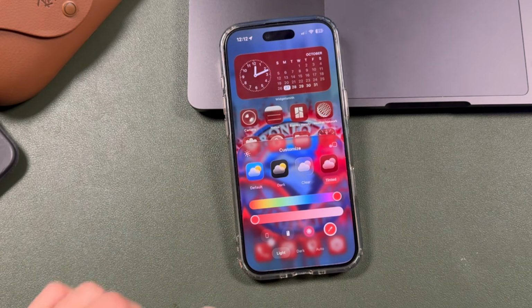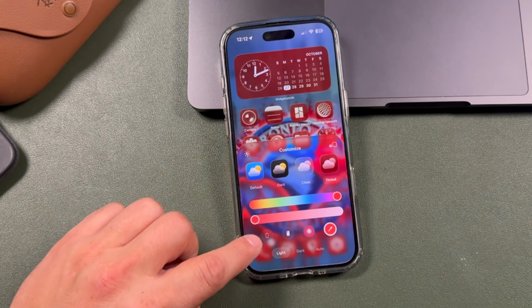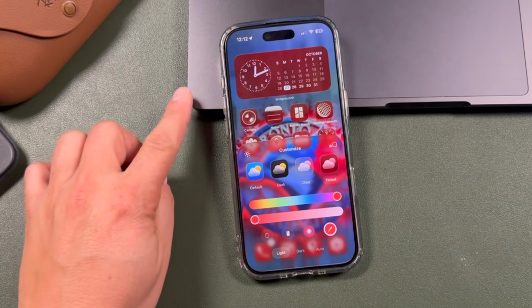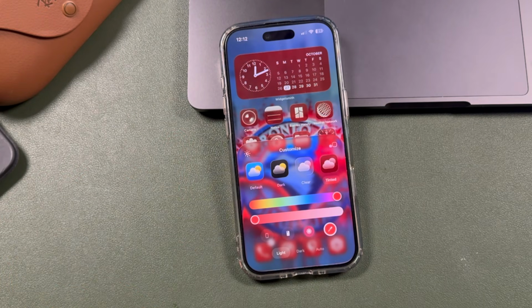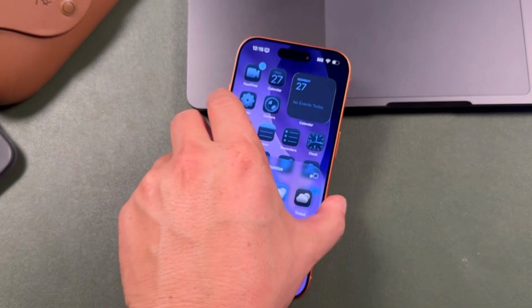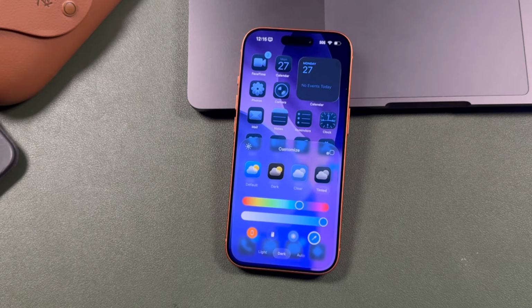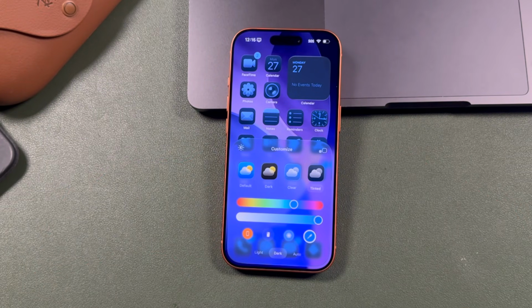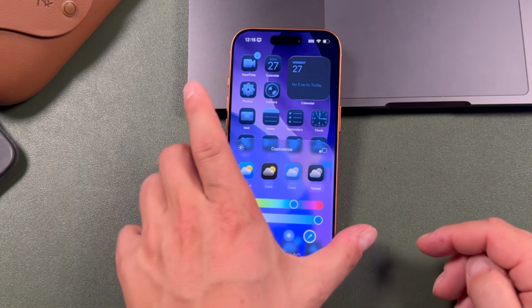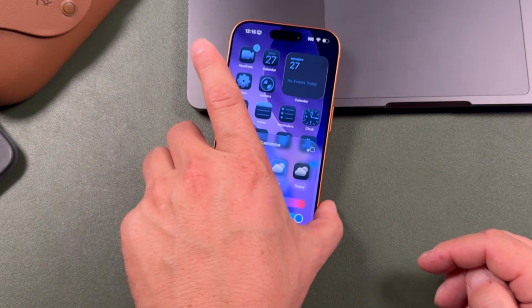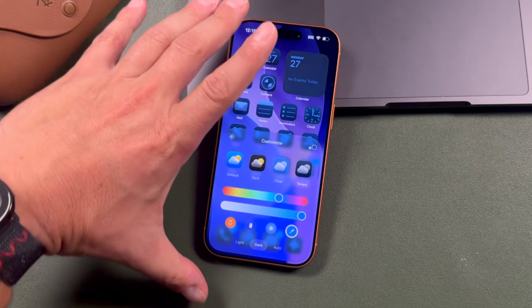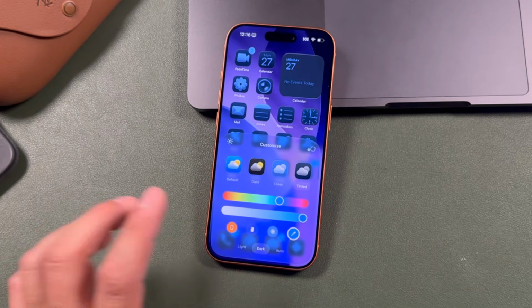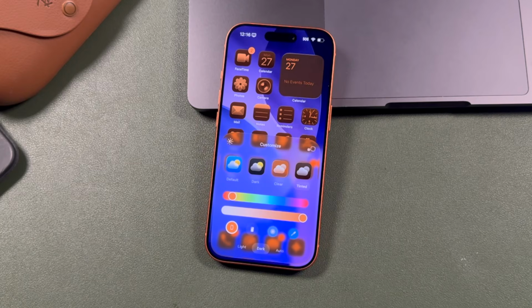But where this really shines is this little option right here. Not available on my iPhone 17 Air. However, on the iPhone 17 Pro, we do have the ability to add this feature. And you can see it's colored in orange, and that's basically because my iPhone is orange. So it's going to take the hardware color now and pull that in. So if we tap on it, instantly, it's going to now bring up an orange tint